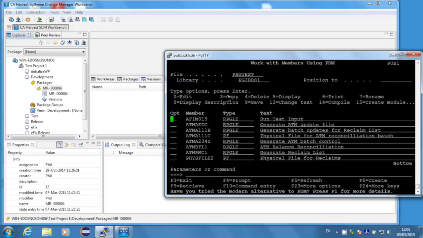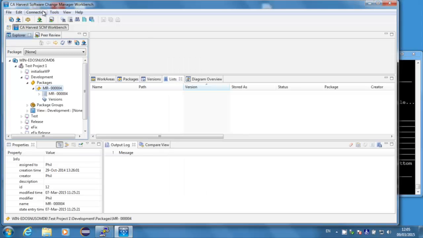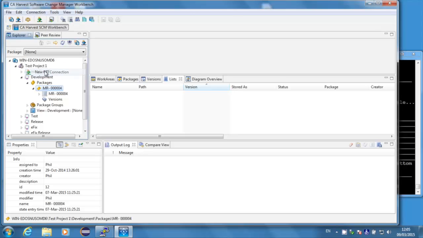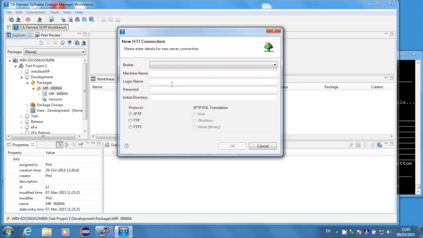This is just like creating a connection to an agent. We click on Connection and then select New RTI Connection. This brings up a dialog allowing us to select the broker. Obviously Workbench can connect to more than one broker, so we need to tell RTI which broker we want to use. Once we've done that, we can enter the machine name of our AS400